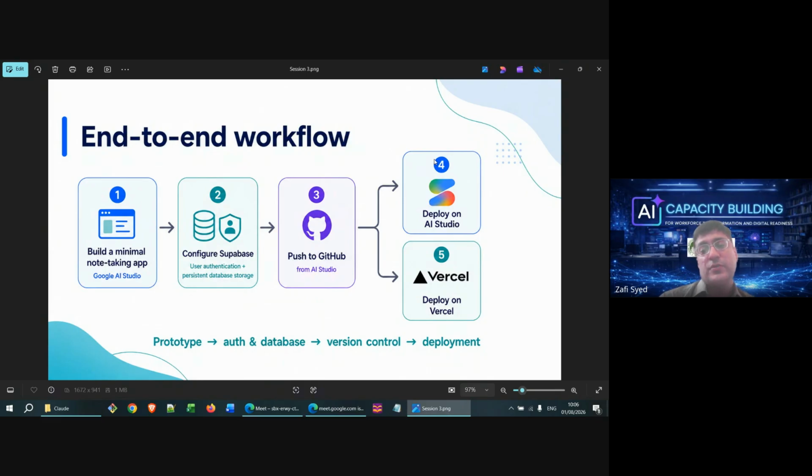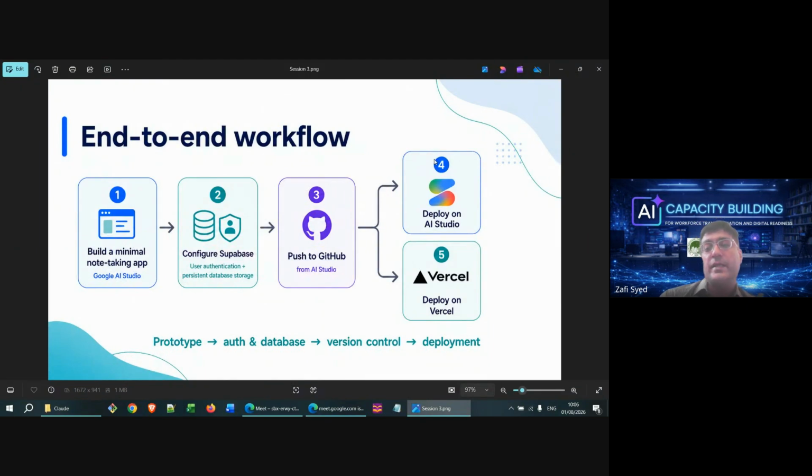Now, once we push our code to GitHub and we're happy about how it looks, we will deploy it using two approaches. The first is through Google AI Studio, which would enable us to host on a subdomain of ai.studio. This is a free service from Google AI Studio, and as we saw last week, this is actually quite useful.